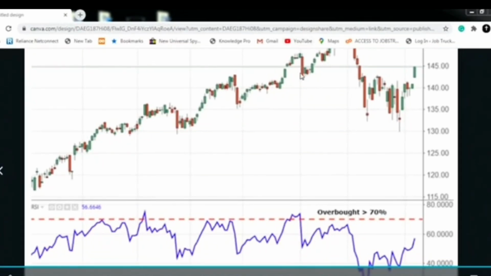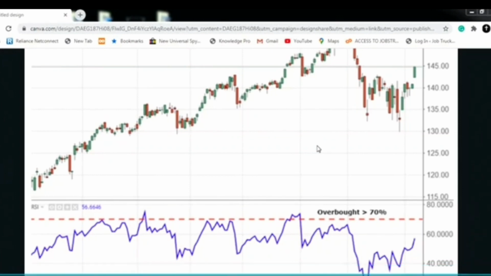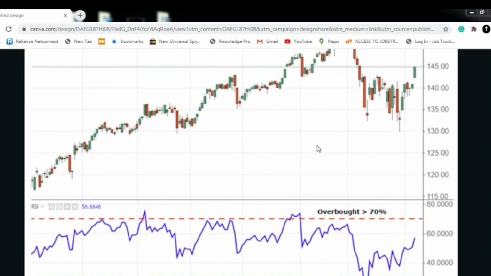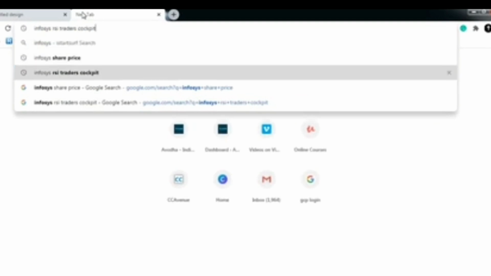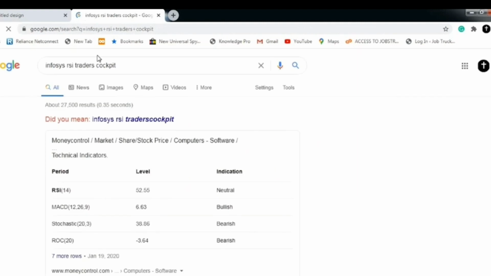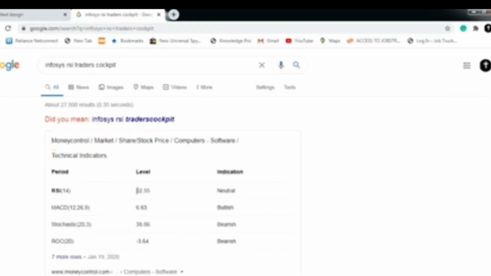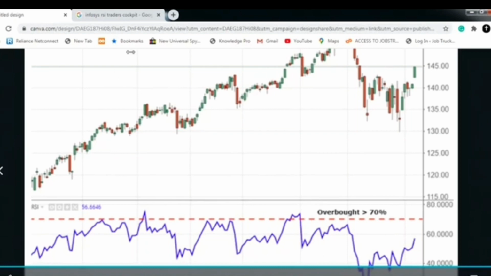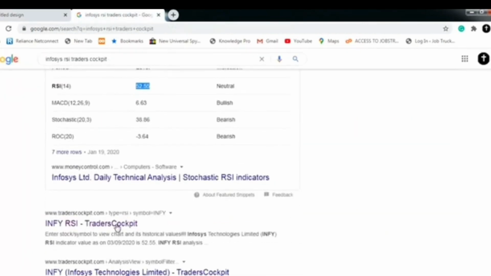Nowadays we can see a green candlestick, so the stock price has also increased. RSI is a very relevant and important concept in stock trading. You should understand the concept very well. Then only you will be successful in your career or whatever you're doing. You should remember the concepts like overbought, oversold, and how to calculate the RSI indicator. You should remember that if it is below 30, it is oversold, and above 70 means overbought.